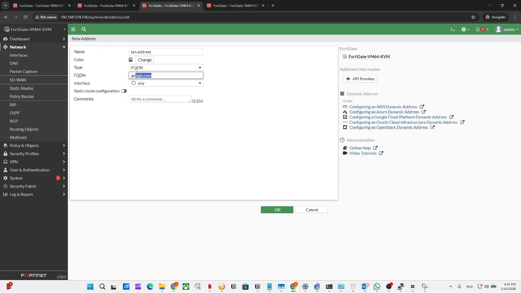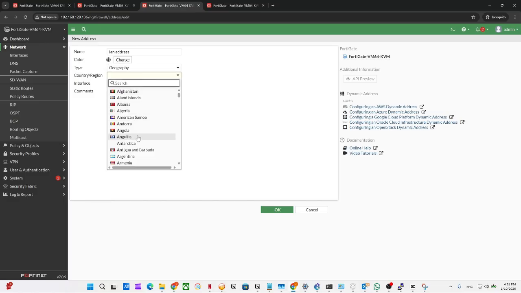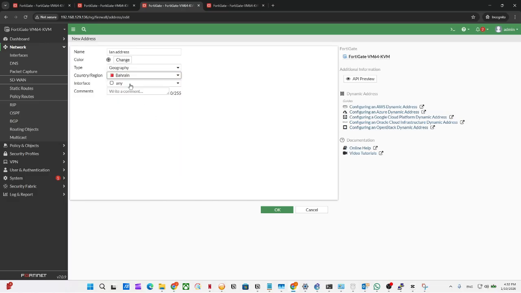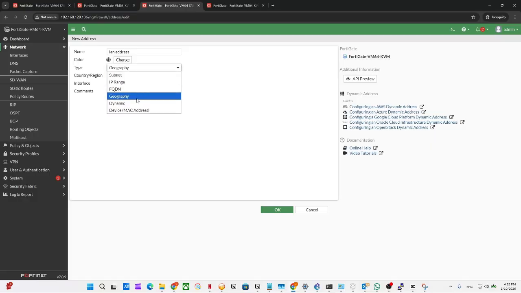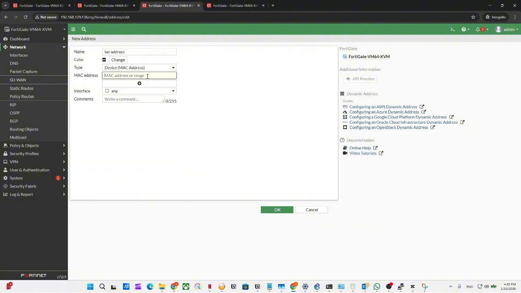You don't have to manually enter the IP every time Google changes the IP. So this is also one option, FQDN, fully qualified domain name. And you can also use the geography. If you want to block the entire country, you can block based on the country here. If you want to block by MAC address, you can do it here. And dynamic, but mainly what we use in production environments are these three: